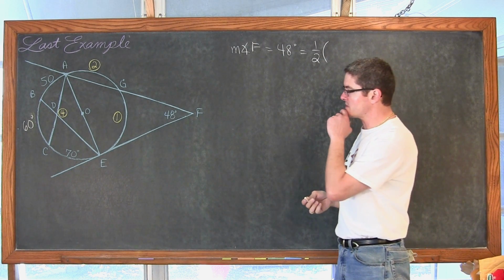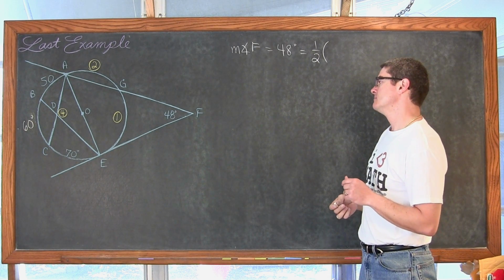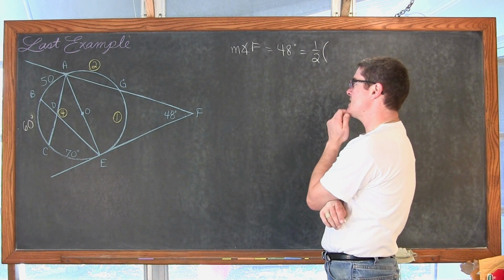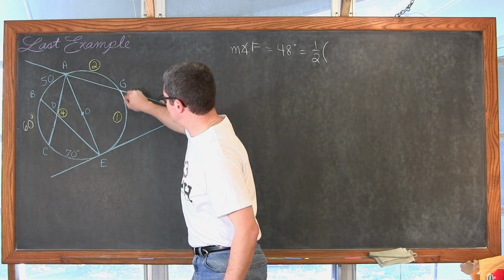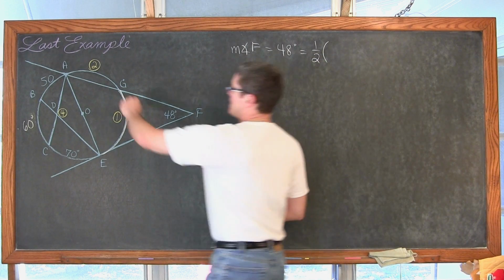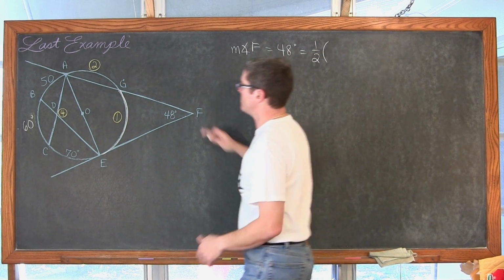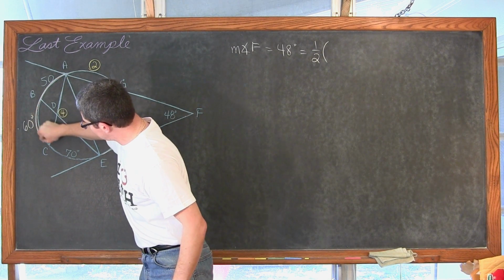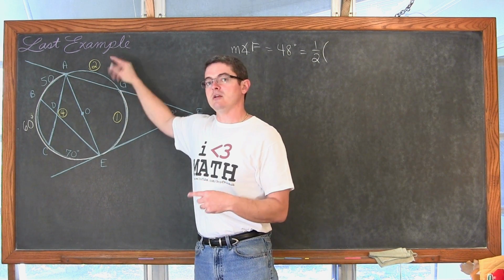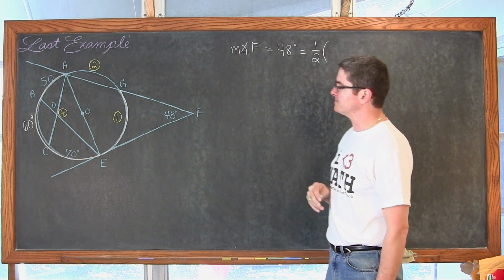Now let's put the larger arc first again so we don't have to worry about negative measurements. We've got this arc of GE and the other arc that's inside this angle. It's tempting to just go all the way around the circle, but the other arc that's created by this angle is on this other side, which is right here. Now that arc is 180 degrees. You don't include this arc AG because it's outside the 2 lines that are helping to make this angle.